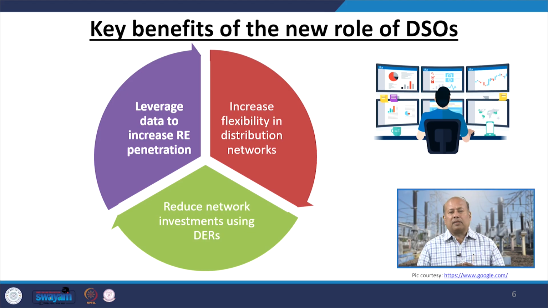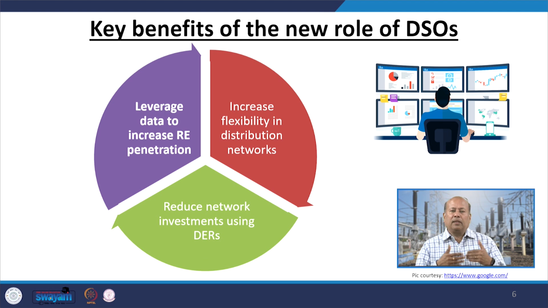But the unfortunate part is that no distribution company will be happy to carry out this investment. So the alternative is that they can delay the substation upgradation by reducing the load through DR penetration. Please try to understand: once you integrate DRs or motivate people to have their own rooftop PV, for example, the amount of power you draw from the high voltage network is reduced, am I right? Because of this your substation is not going to reach its peak or maximum capacity today, but probably in the next 2 years.